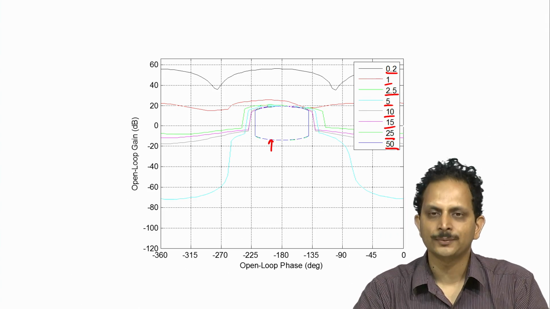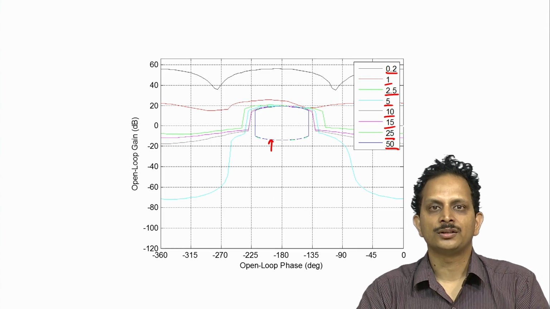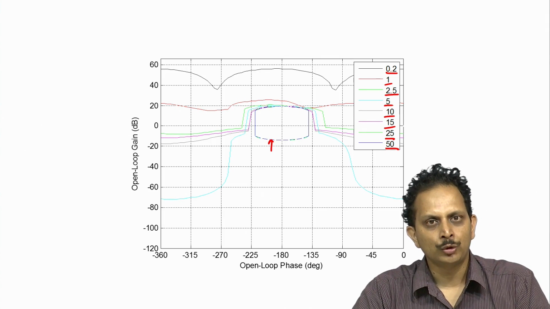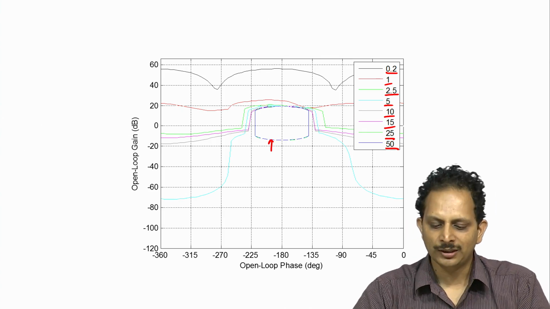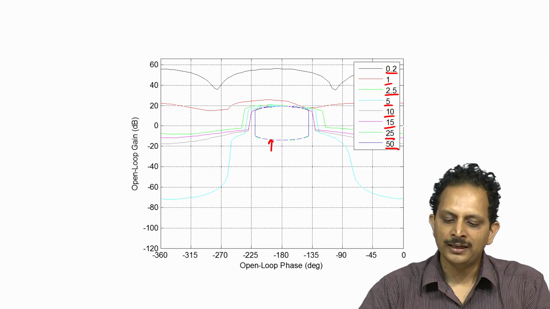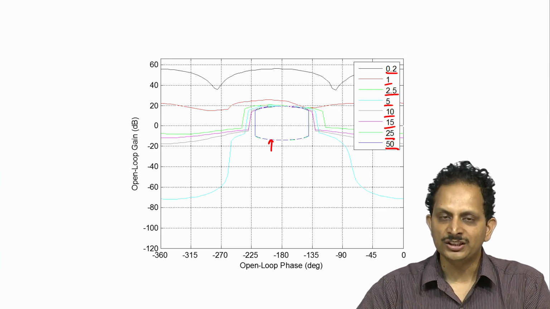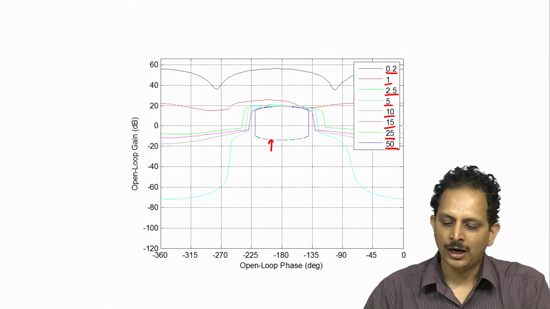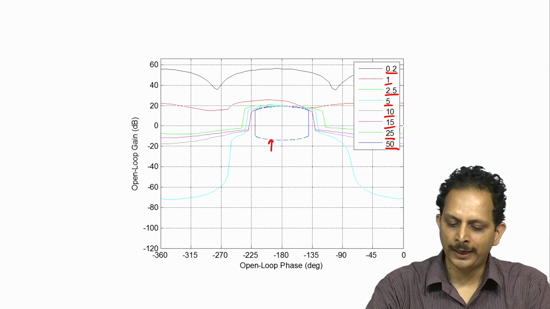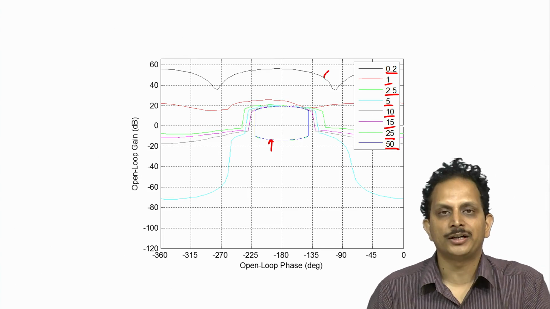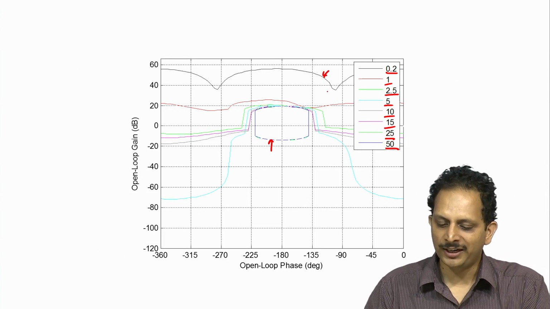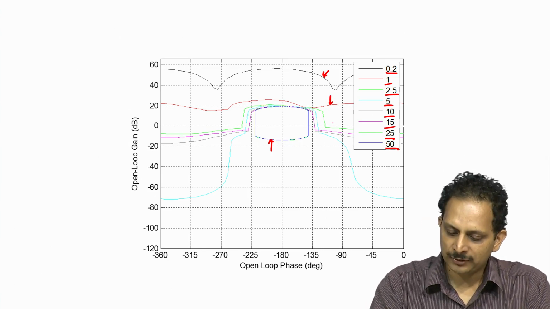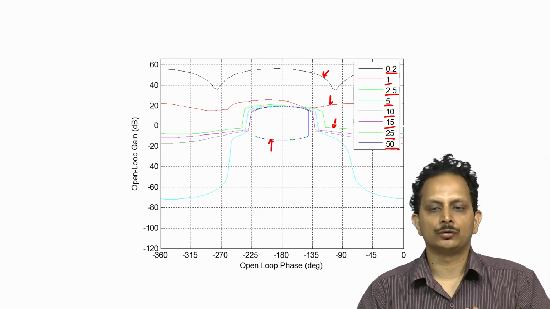So now that we have determined the bounds on performance and stability at all the different frequencies of interest to us, we are ready to execute the design. When we are trying to execute the design, what we are trying to do is to come up with a controller structure that ensures that the loop gain at each of the frequencies is within the permissible regions at those particular frequencies. For instance, at 0.2 radians per second the loop gain should be above the black bound that has been indicated here, at 1 radian per second the loop gain should be above the red bound, at 2.5 radian per second it should be above the green bound, and so on and so forth.